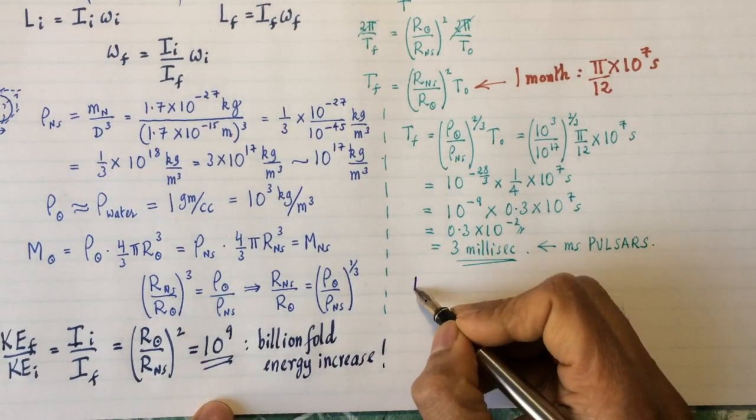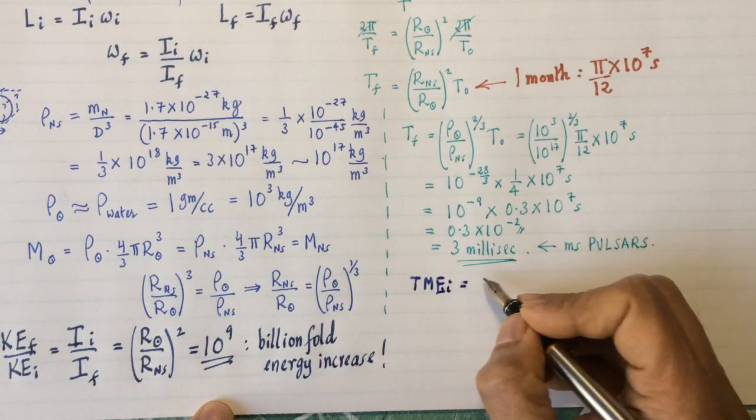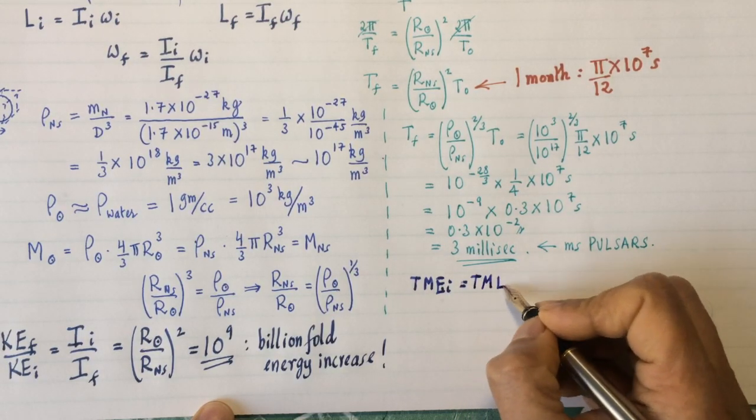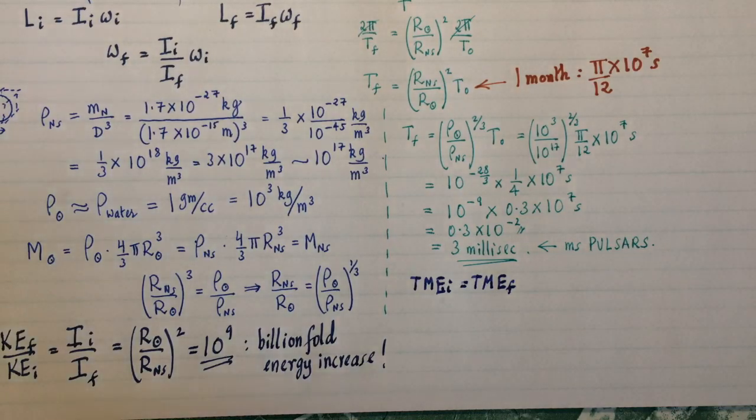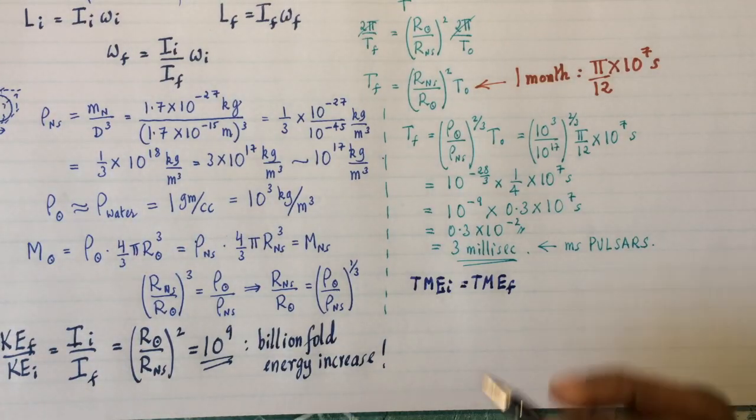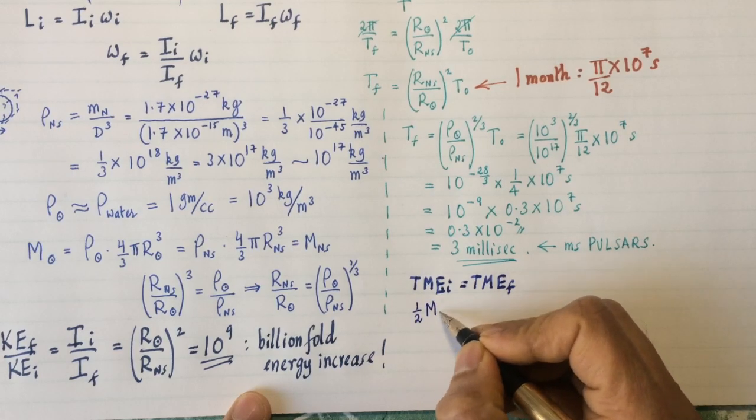So the total mechanical energy in any process is conserved. So TMEI equals TMEF. The total mechanical energy initially of the star was the gravitational potential energy of the star plus the rotational kinetic energy of the star. And the final total mechanical energy is the gravitational potential energy of the neutron star plus the rotational kinetic energy of that neutron star. Now there's some bit of physics which is a little bit beyond the scope of this course, but let me just write it anyway. The kinetic energy is 1/2